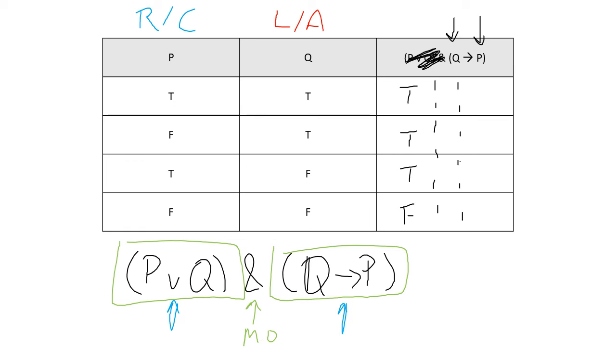So if you remember, an arrow is true wherever the left side is false or the right side is true. So Q being on the left side makes this one true, and P being on the right side makes this one true, and then this third row is already true, so it doesn't matter. So this second one is the only instance in which it says